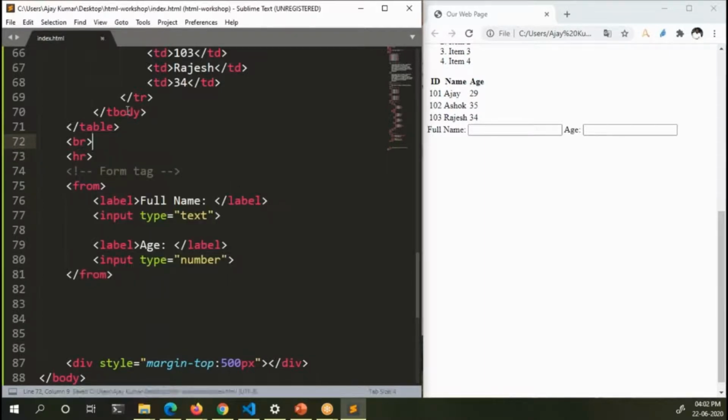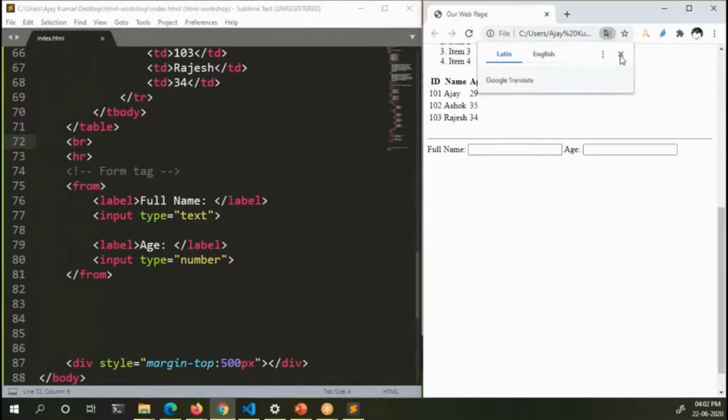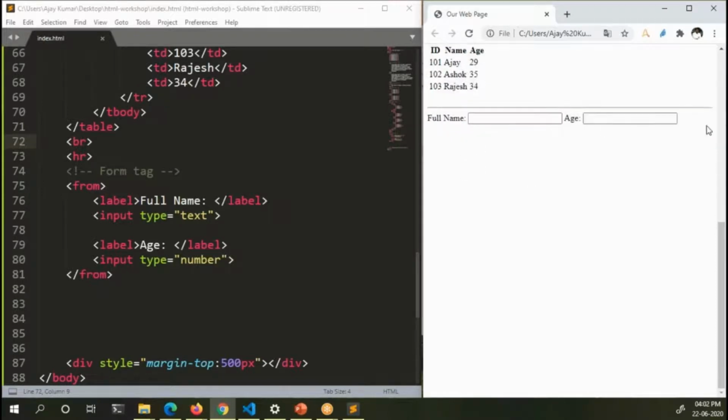Whenever you use HR, you will see a horizontal line being drawn. When you reload, you can observe there is a horizontal line on the page. Now our form looks apart from our table.